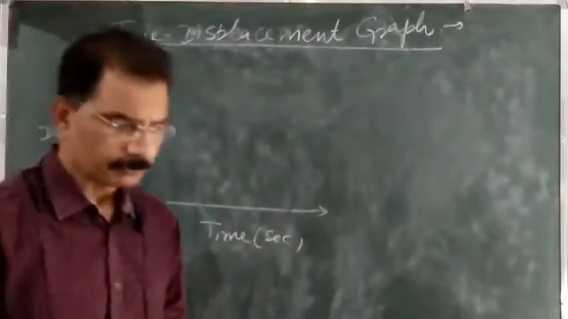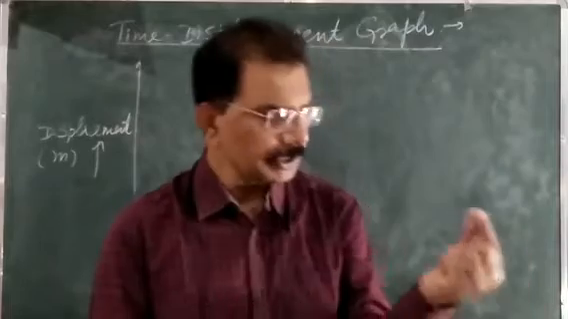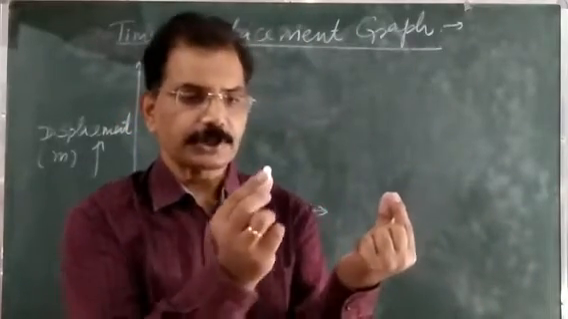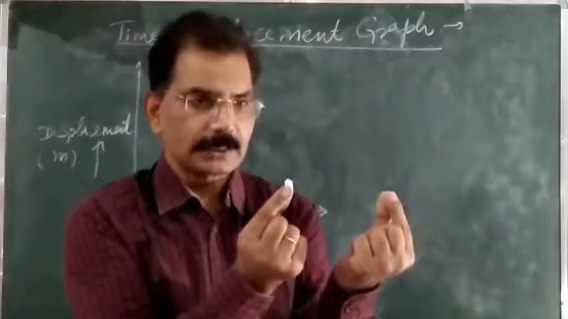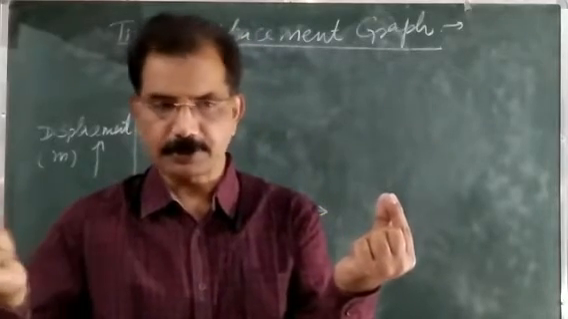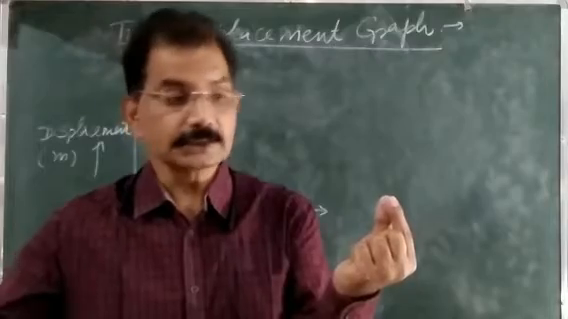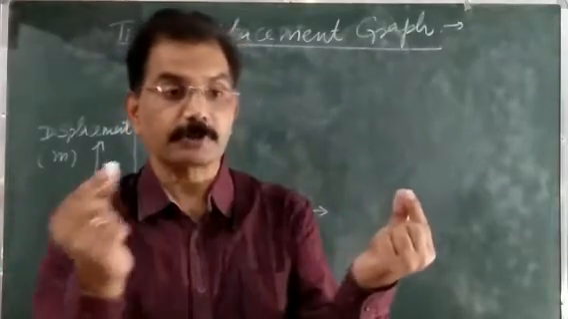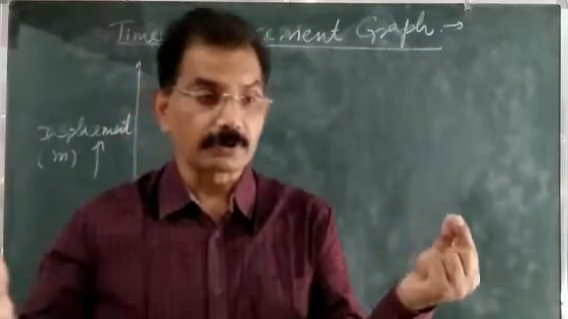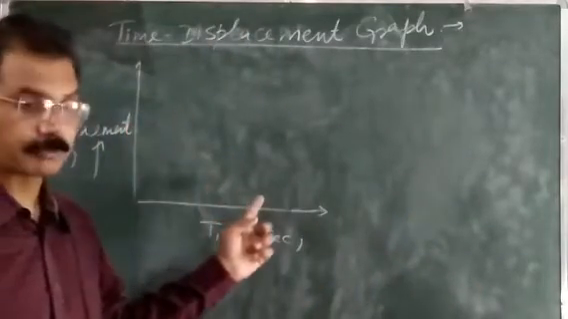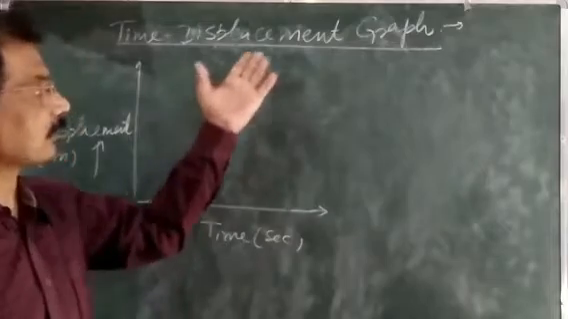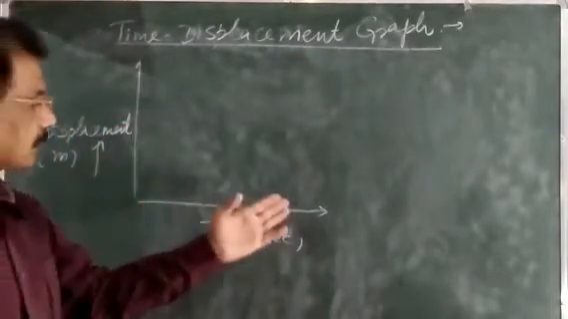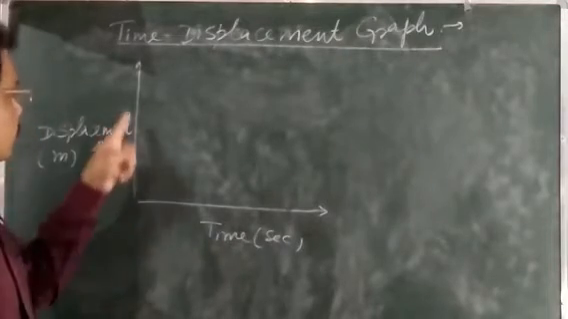Suppose this is our origin, and at time t1 the object was here, at time t2 it is here, at time t3 it is here, and at time t4 it is here. This means that at different times its displacement with respect to the origin is different. When we draw a graph between time and displacement, that graph is called the time displacement graph. Here, we take the displacement on the y-axis